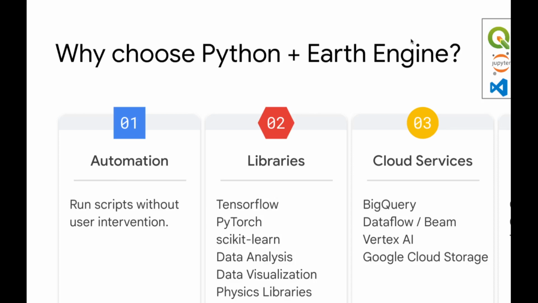And the reason why we want to use Python is because we want to utilize the Python ecosystem. We have a lot of visualization libraries. We have desktop tools, we have ArcGIS, we have QGIS, and you also do a lot of machine learning stuff. So we want to actually utilize Python, and you can also use the IDE of your choice, Visual Studio Code, Python, whatever you like. So Python to me is much